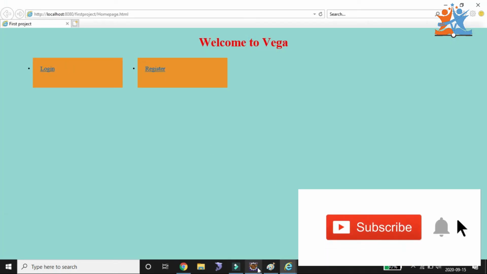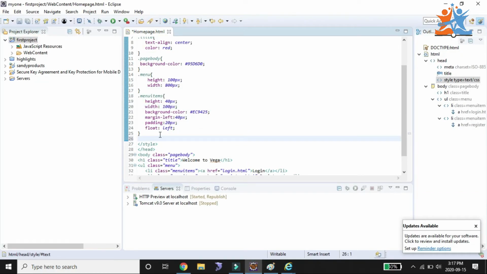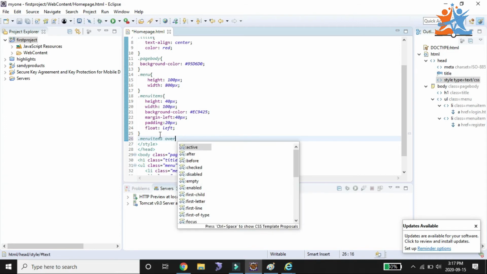So what we need to see? After this tag, dot menu items, overflow hidden. What we have? Overflow.